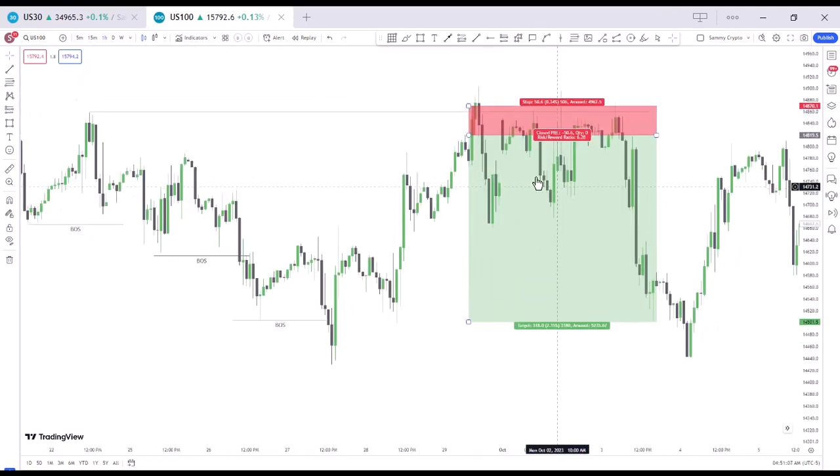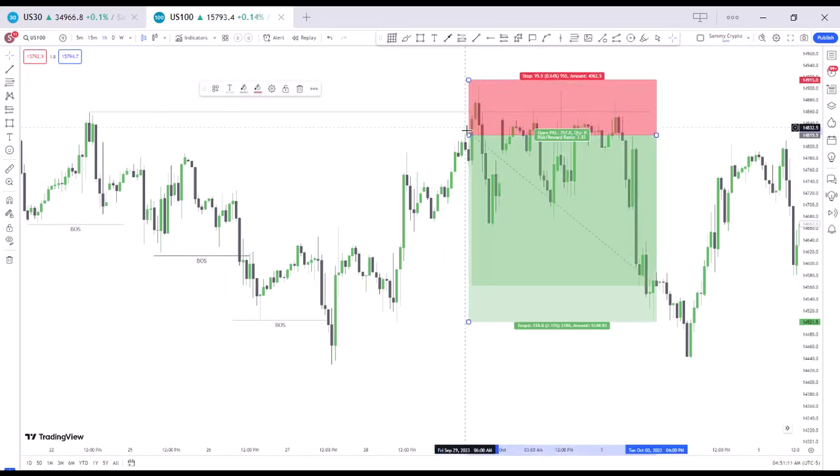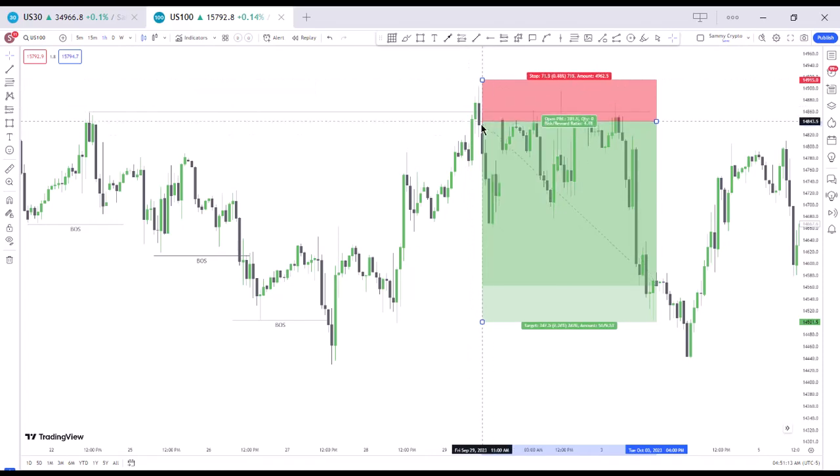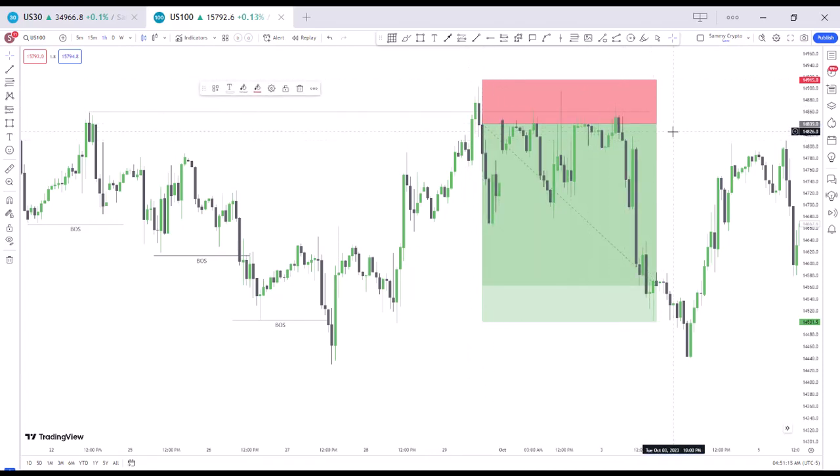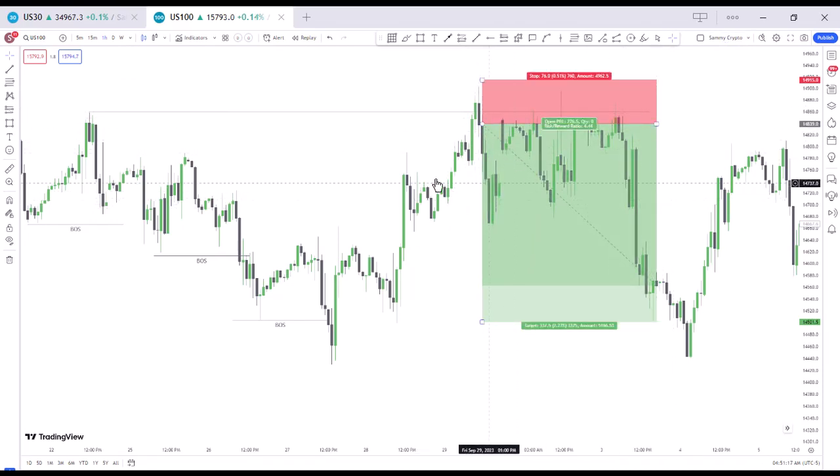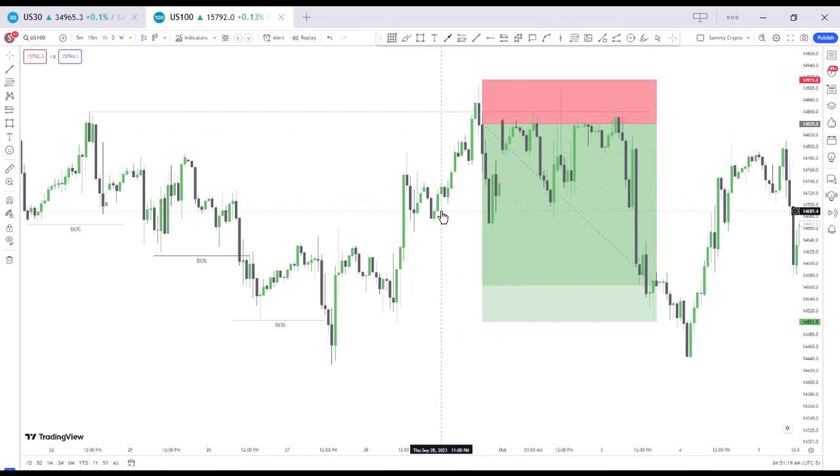What you want to do is wait for price to actually take out that high. Once price takes out that high, you can get a confirmation on the lower time frame to pick that trade. And this is how you can trade the liquidity concept profitably. Now let's look at the